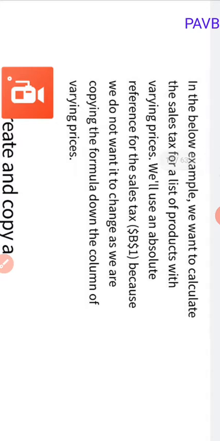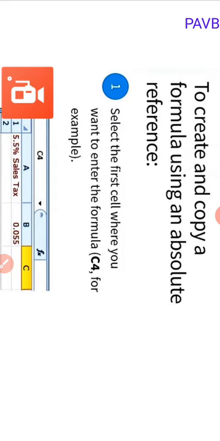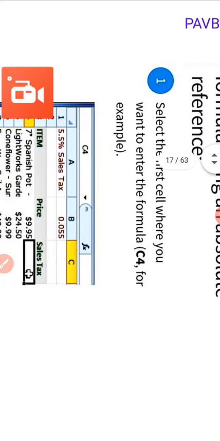In the below example, we want to calculate the sales tax for a list of products with varying prices. We will use an absolute reference for the sales tax, $B$1, because we don't want it to change as we are copying the formula down the column of varying prices. To create and copy the formula using absolute reference. Step 1.